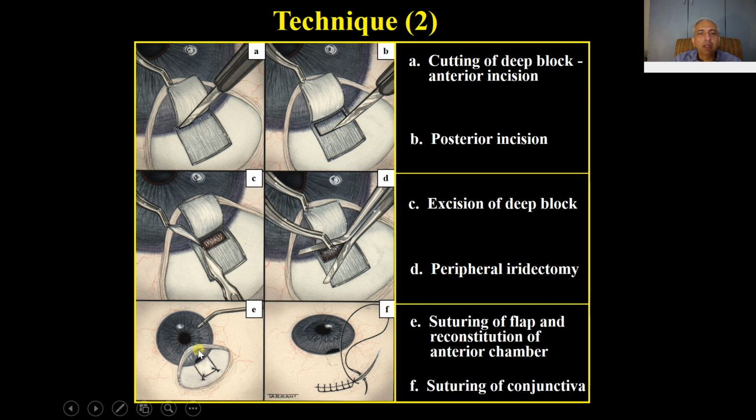The aqueous is going to flow from the eye beneath the scleral flap through the window which we have created, and it is going to come out from this side, from this side, and from this side. Basically it is a shunt from the anterior chamber into the subconjunctival or subtenon space. But the main response of any injury to the body,